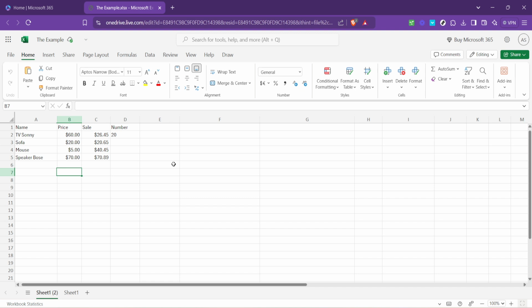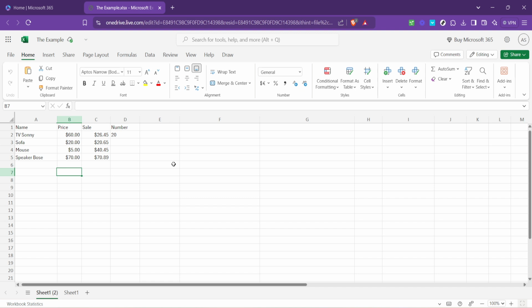Remember, this refresh method is for when you're using Excel Online. The process might differ slightly if you're using the desktop app, where you would typically use data refresh options within Excel itself. Refreshing your Excel sheet online is as simple as that. With just a few clicks, you can ensure you're working with the most current data available to you. This not only helps in maintaining the accuracy of your work, but also improves collaboration among team members, making sure everyone has access to the most recent version of documents.